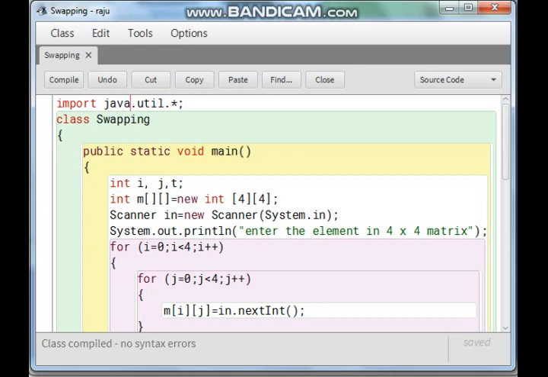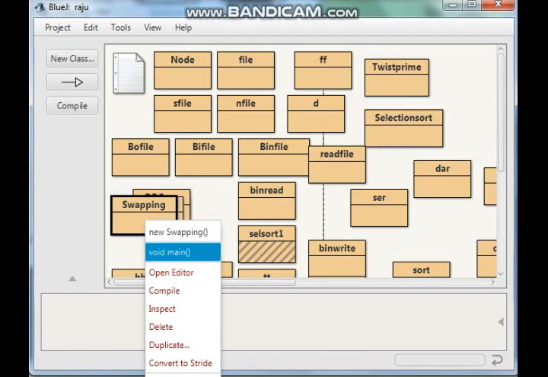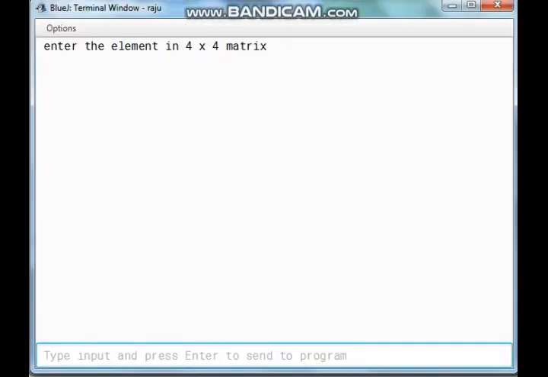Now I have to run, execute this program, then right click over there, then go ahead. It asks to enter the elements in the 4x4 matrix. I have to enter the values as per the question one by one, then 81, then 26, 31, 10, then 58, 64, 17 and 12. Then the last row is 55, 33,